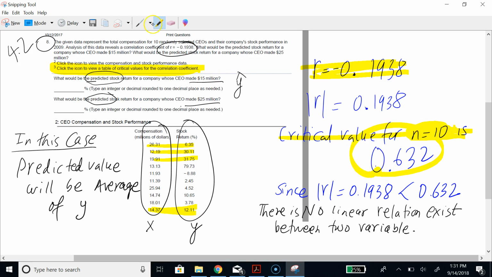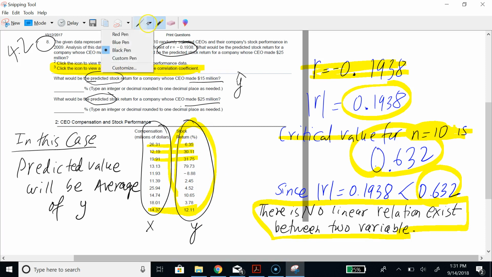Okay, and now you compare the critical value with the absolute value of r. Since the absolute value of r is this, and the critical value is 0.632, the critical value is bigger than the absolute value of r. That means there is no linear relation between the two variables. And if there is no linear relation between the two variables, to find the predicted value, you just have to find the average of the y values. Therefore, in this case, the predicted value y hat is the average